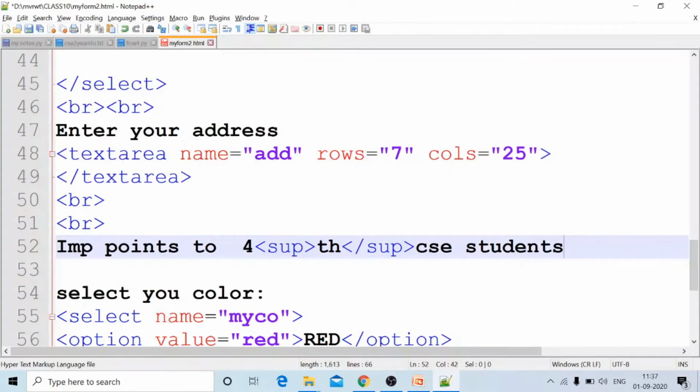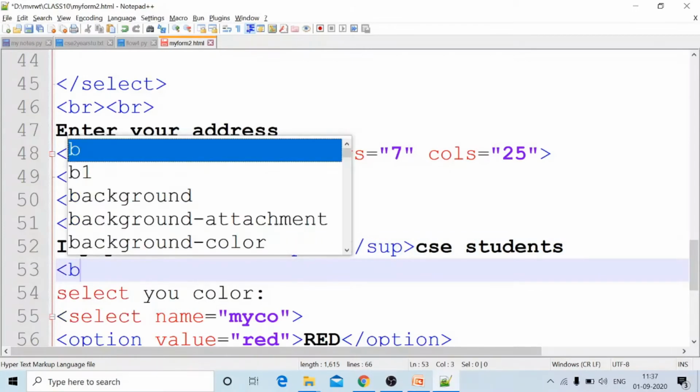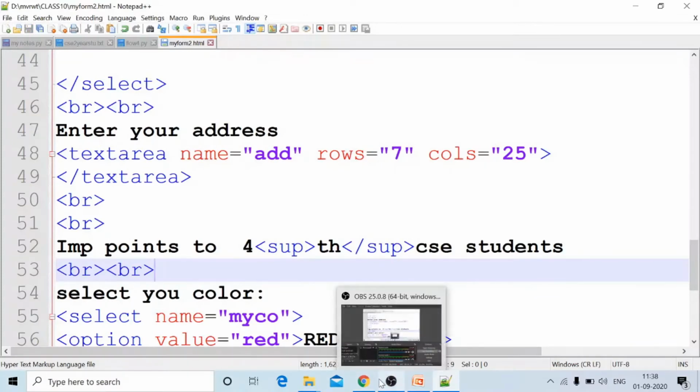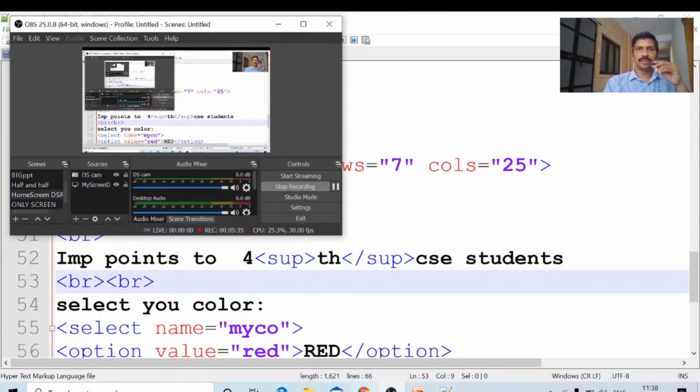Control C. First we will run it, whether it is coming or not, we will see. Next we will put the text area here. Break. I will put one more break. Control S, Alt Tab. Go to the browser. I am running this one.